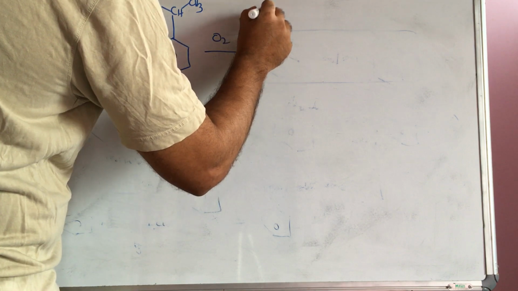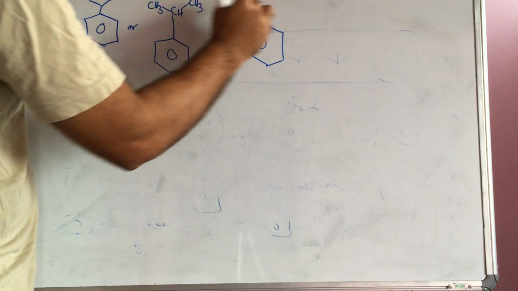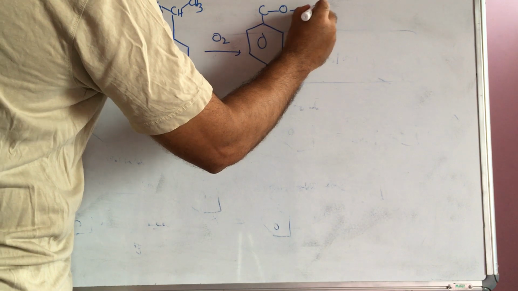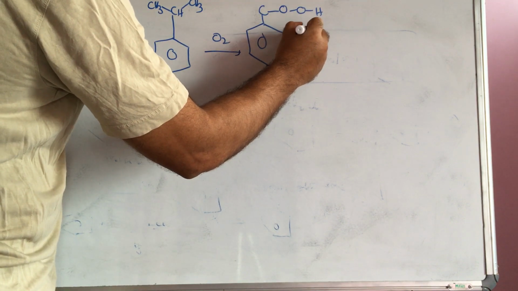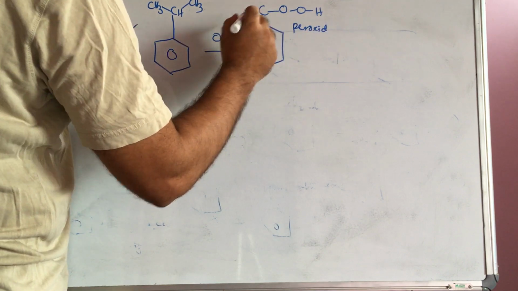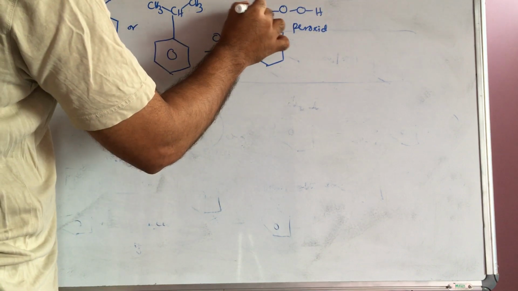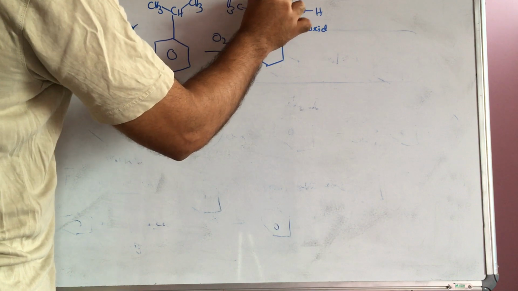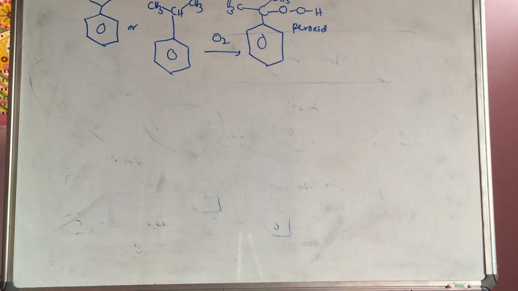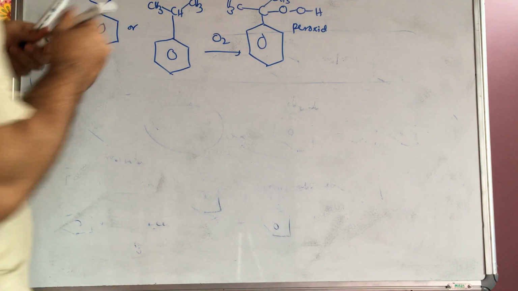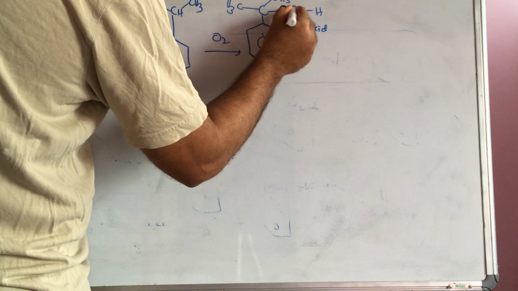In this hydroperoxide complex, here hydrogen will convert like this, OOH. This is the peroxide bond. In between oxygen, the single bond is called peroxide. That's why this is called hydroperoxide. And this will be CH3, this will be another CH3. For understanding purposes, I will represent this with a separate ink, black color.